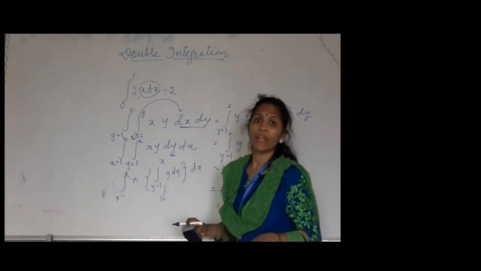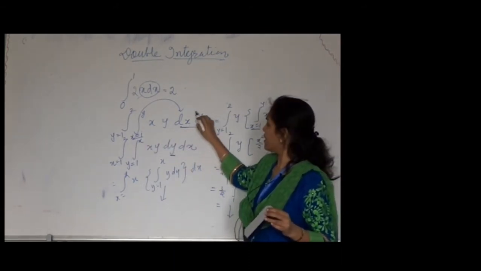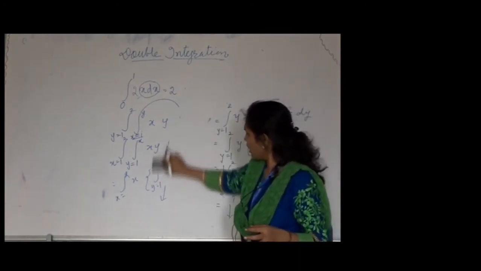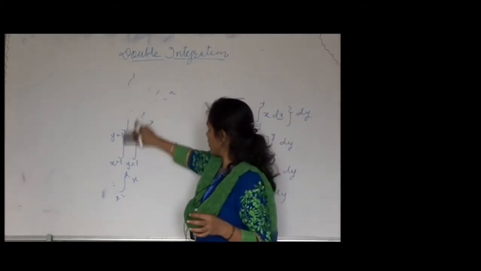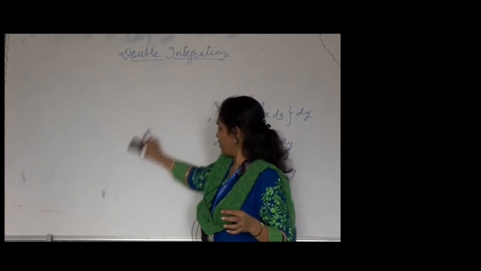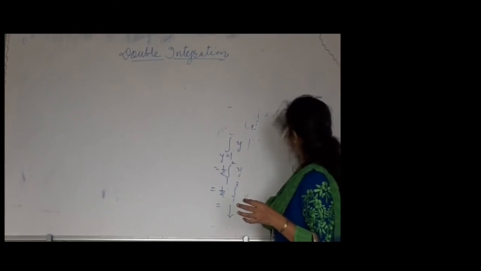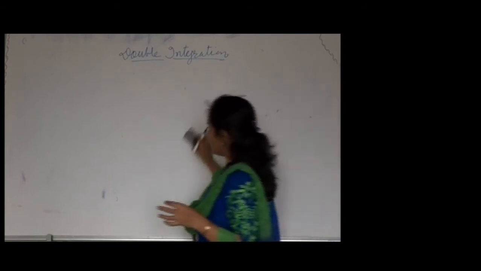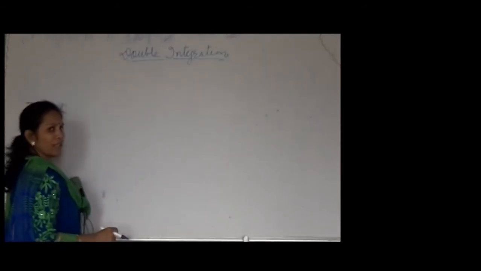So, we have to remember that according to the given limits we have to write dx dy. This dx dy or dy dx is called the order of integration. Now, these integrals are easy to solve when the limits are already given. But if the limits are not given, how do we solve the integration? Because we are solving a definite integral, and if we don't have the limits, we can't get the answer. This concept of double integration is used for finding the area.